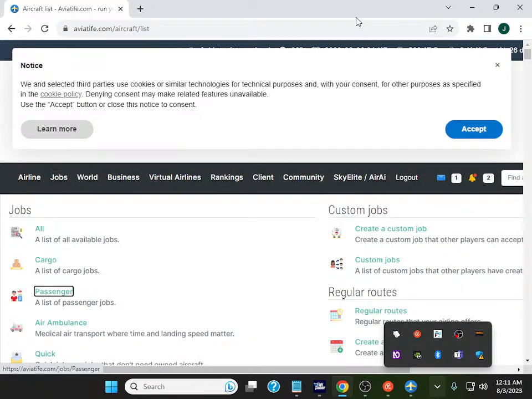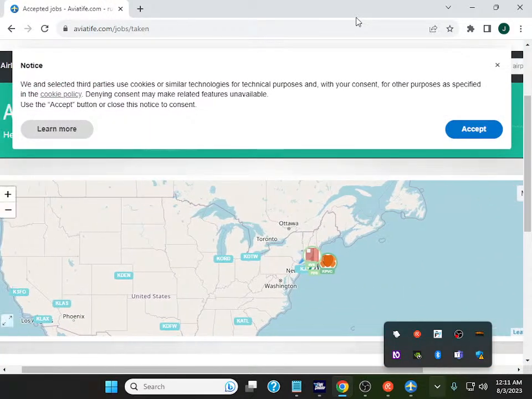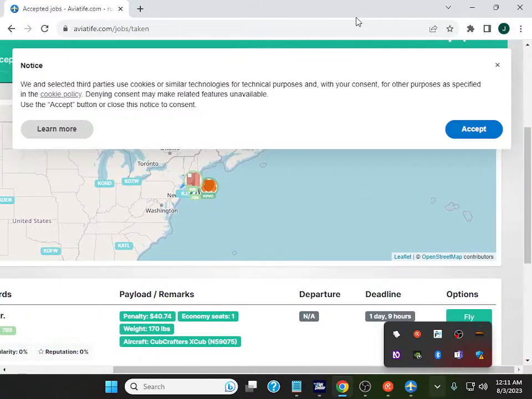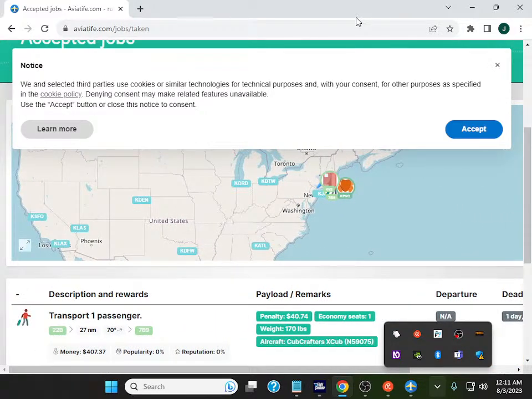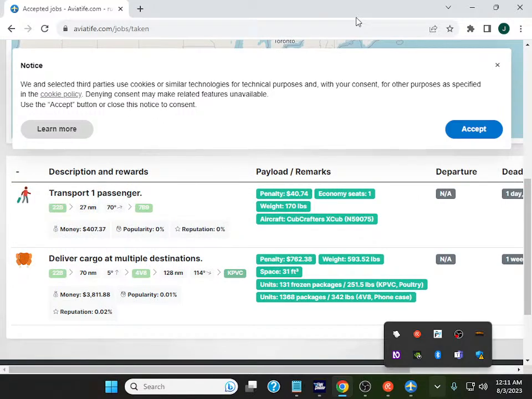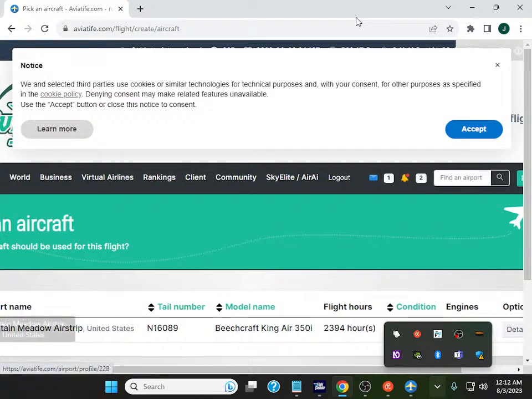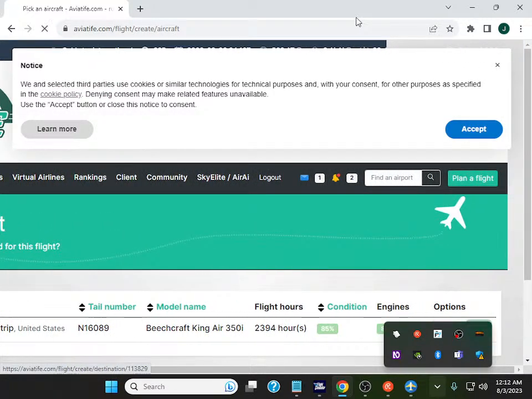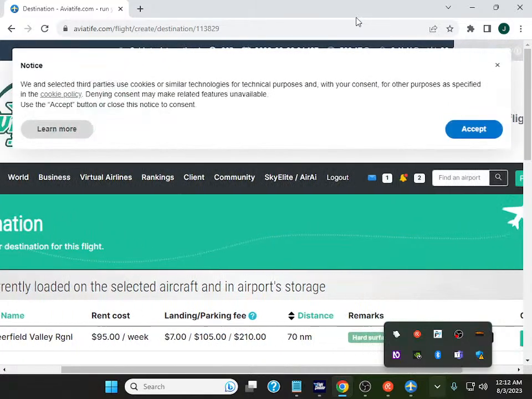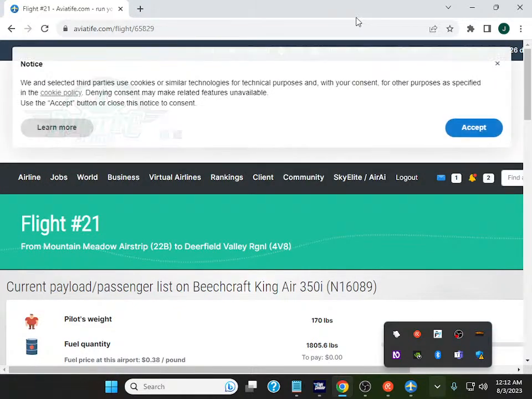graphic company jobs heading level all visit cargo asset air quick visit link accept the jobs visit accept the jobs graphic company accept the jobs heading level 2 here's a link graphic graph link visit link buttons clickable link graph link man table column 5 deadline column 6 options transport 1 passenger 20 description and rewards column 2 transport 1 passenger link 22 B27 NM 70 degrees link 79 money $407 payload select departure deadline options columns link assign button cancel deliver cargo at multiple destination description and rewards column 2 deliver cargo at multiple link 22 B70 NM 5 degrees link 48 120 NM 114 degrees 48 link your valley KPVZ link Provincetown Mun United options column 6 fly visit link pick an aircraft graphic company pick an aircraft heading level table 2 rows column 4 column row 2 layout column 122 B link options column 8 details link pick link destination vitals.com run your own airline graphic company destination heading level 2 table with 2 column 2 column row 2 sortable layout column 148 link your field options column 7 choose link flight number graphic company flight number 20 from Mountain Meadow airstrip heading level 3 current payload